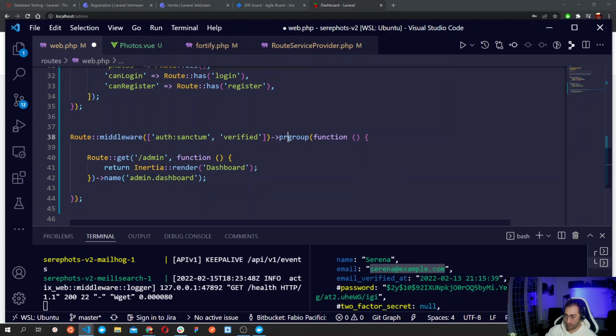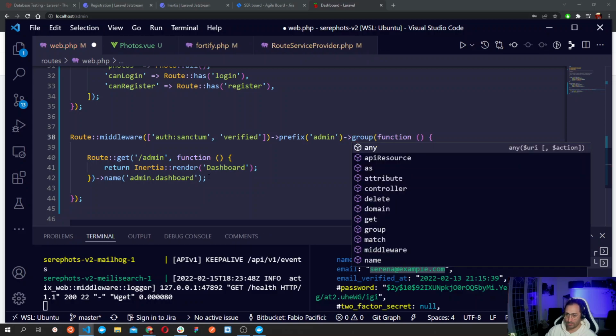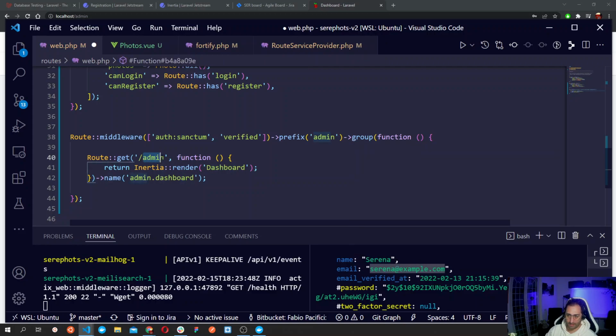So we do prefix, so that every route under this group has a prefix of admin. So this will become just admin without this. And then we render this dashboard component, that is a view component, and next the name, it will be admin.dashboard